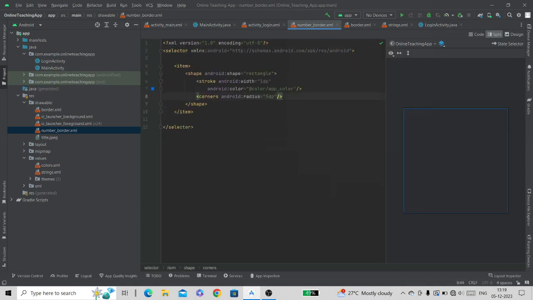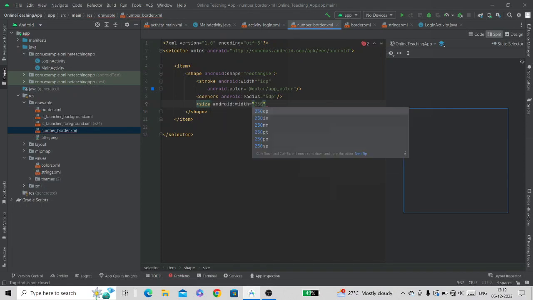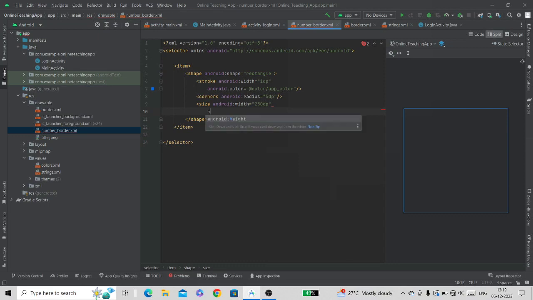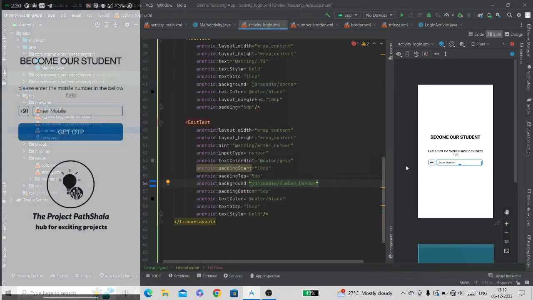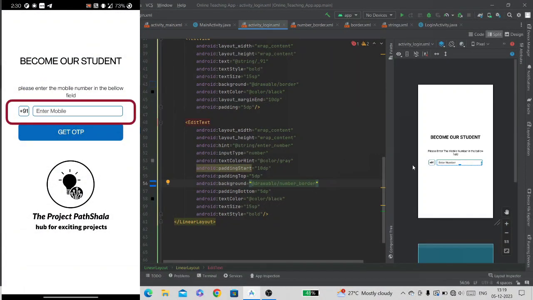And here inside this shape we will add size, because we want to change the size of the mobile number border. We will give the width to 50 dp and height 20 dp. So the border will look like this, and then we will include this border in the edit text. Background, number border. Now here the views are looking exactly same as the views in the image.